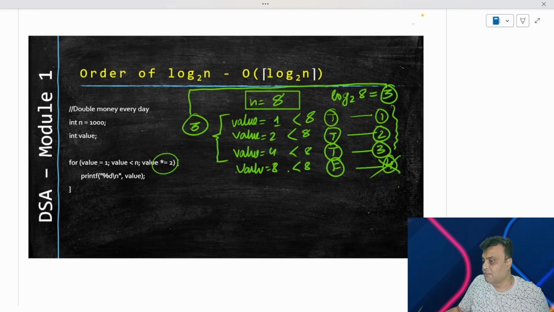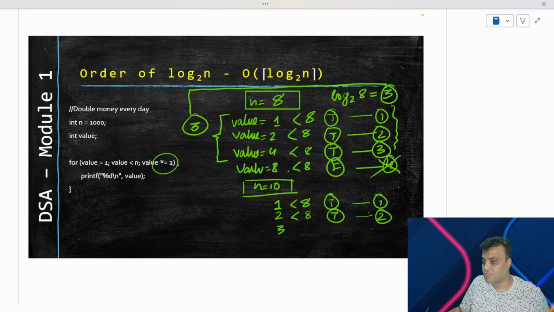That 3 is what we have here, as the number of times it runs. So as you can see from the formula, we can easily calculate the number of times it runs, 3 times. But if you put n equal to 10, 12, or whatever number you want, how does it look? The first time it will be 1 less than 8. This will be true, and it will run once. The second time it will be 2 less than 8. This will also be true. It will run 2 times. Less than 8 is also true, and it will run 3 times.